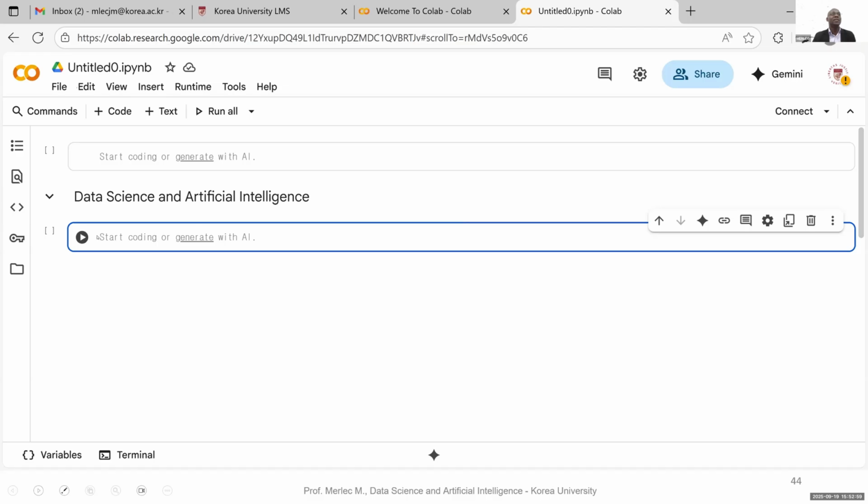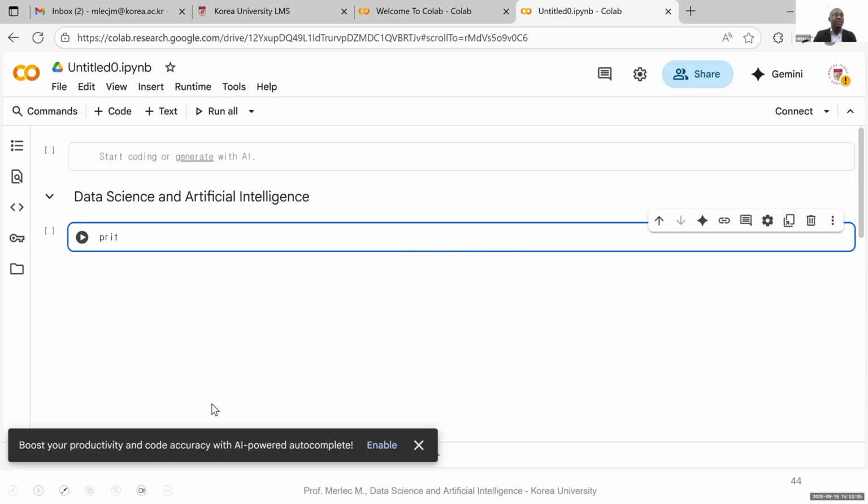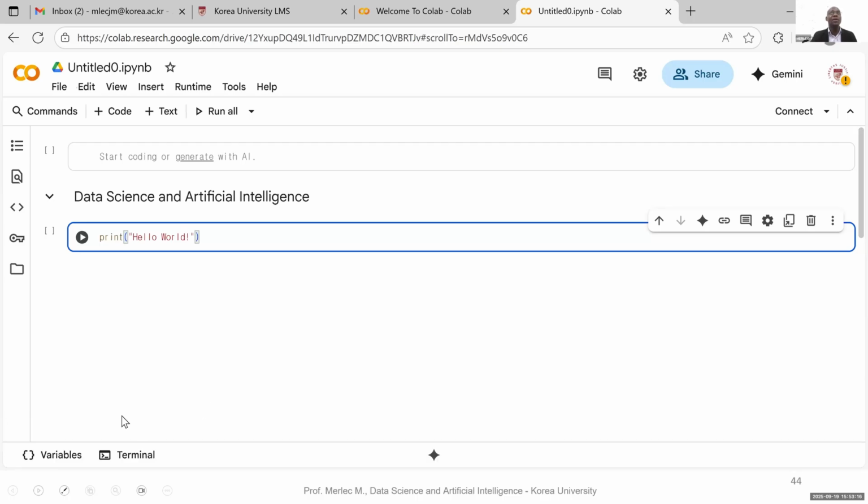And this is the code cell. You will see you have this button where you can run your code like this. Prints hello world. Okay. For the Anaconda, I will show you next time when I restart my computer,